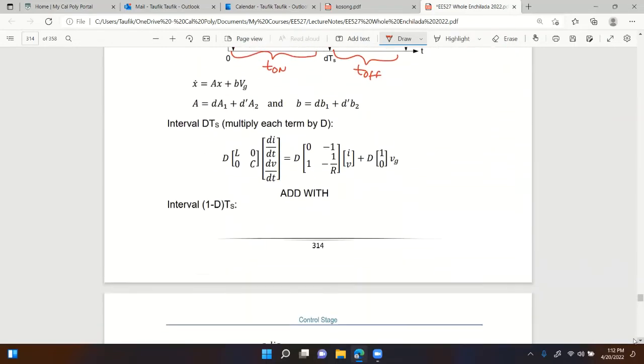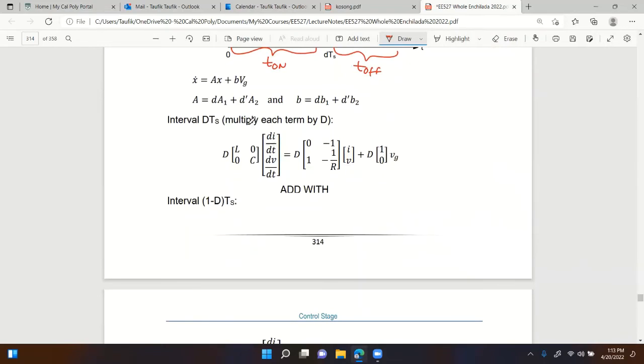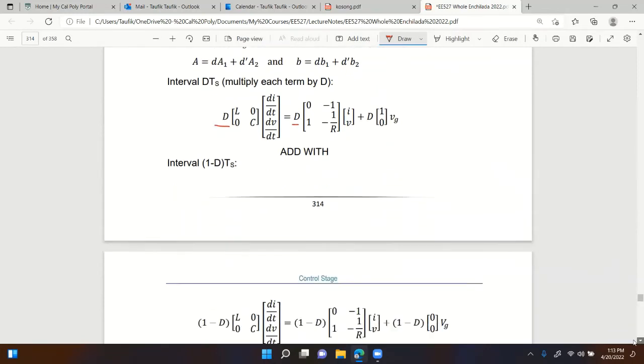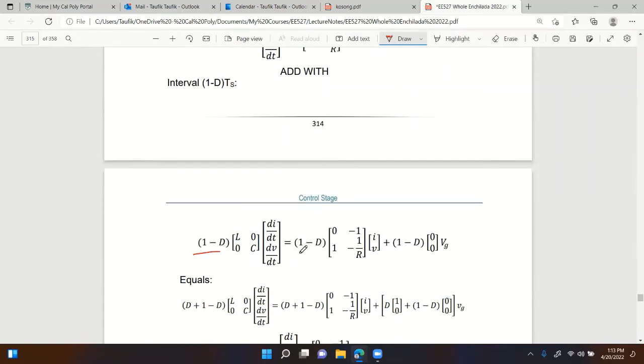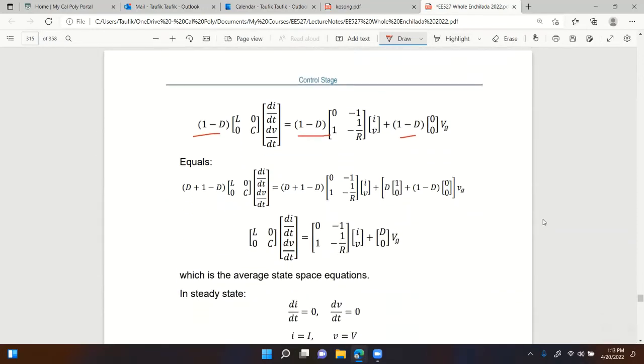So that's what I did right here. The first state space equation, I multiply both sides by D, and you add it with the second state space, which you multiply by 1 minus D. You see that? And then you just add them up. When you add them, you get this equation right here, a matrix equation. And you can see on this one, the D cancels, and this one does not. The equation is still there,